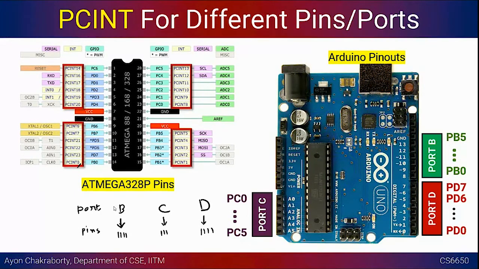So you do not have 24 different interrupt service routines for these 24 PCINTs. Just keep this in mind. And if you really want to have 3 different ISRs, you can always choose the pins from different ports, so that at least for your application, if you are just using 3 interrupts, you can always spread them across 3 different ports.